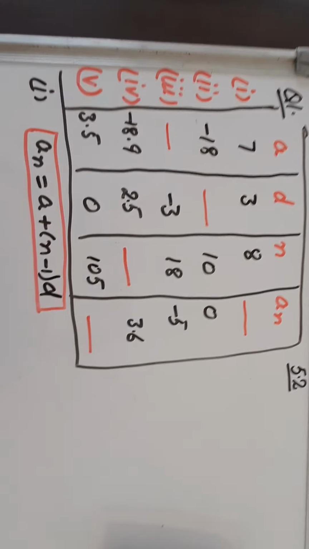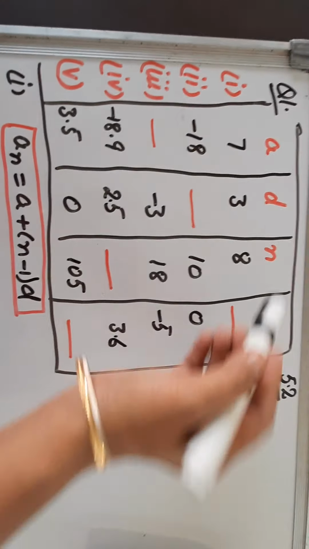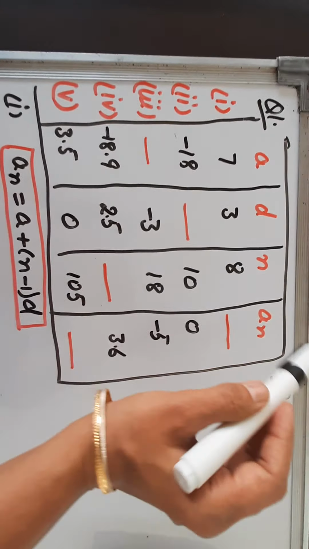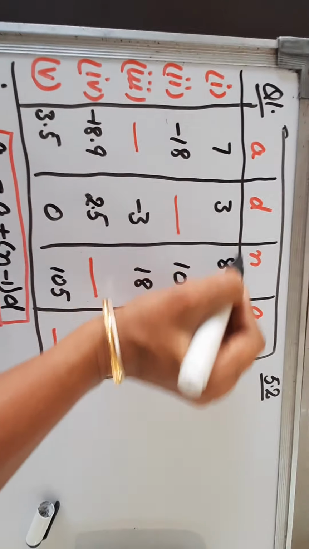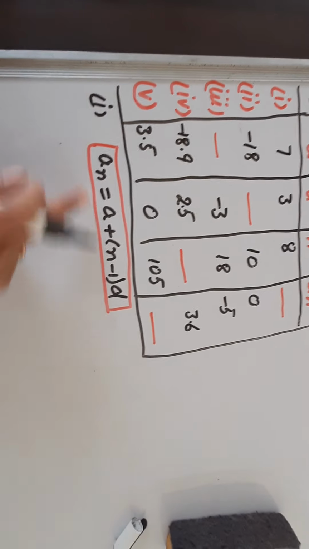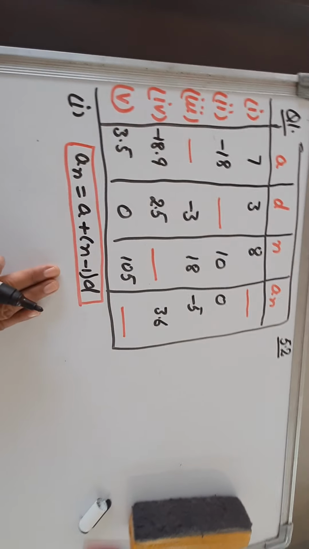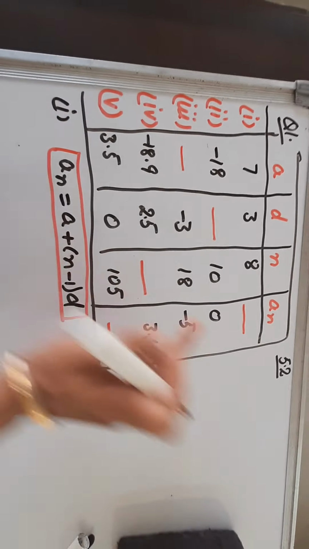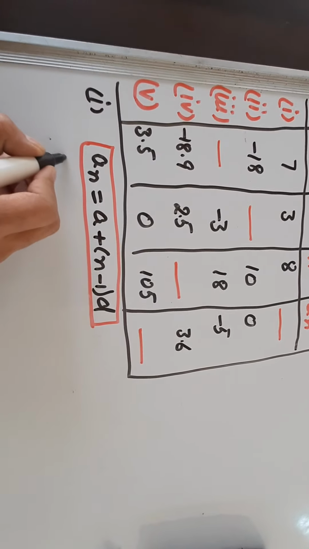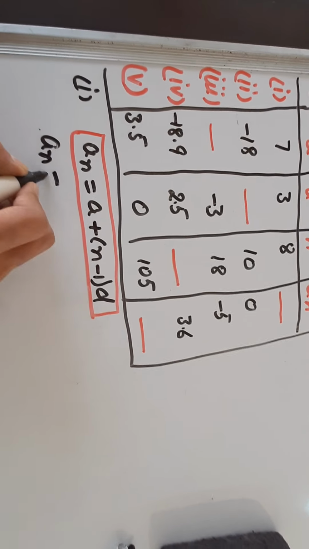So let us start. Make the table in your notebook using pencil and scale. Be very careful. You have to use pencil and scale to make the table. And now let us start the first part. First of all, write down the formula in every question, because you will get the marks for the formula. Now let us see An. In the first part, An is not given to us, so we will write it as it is.